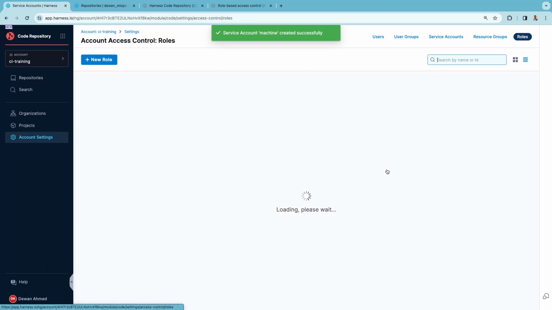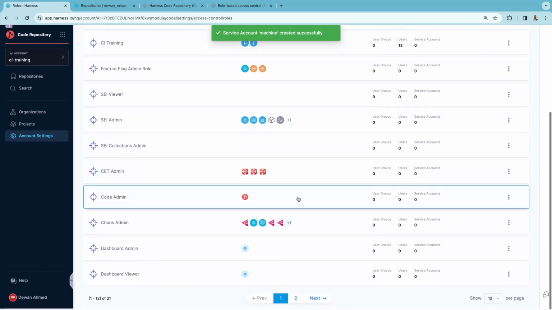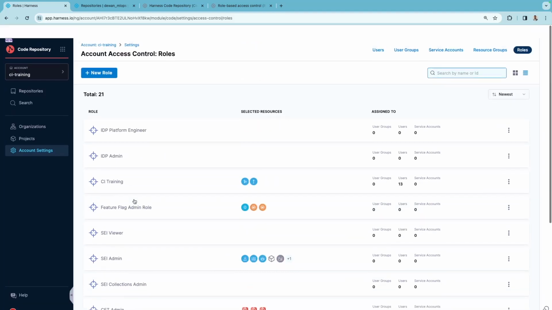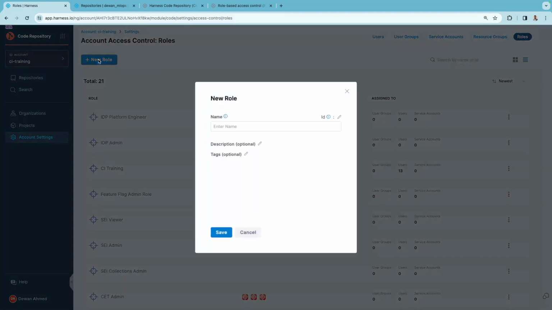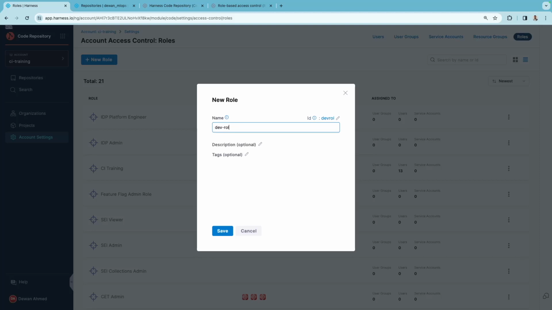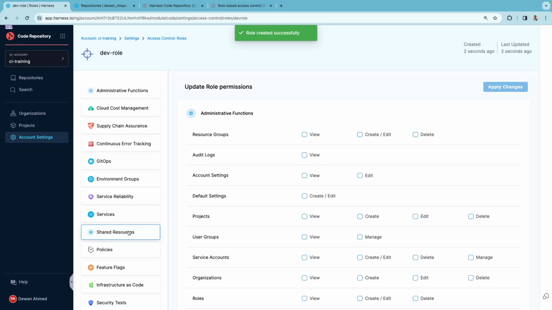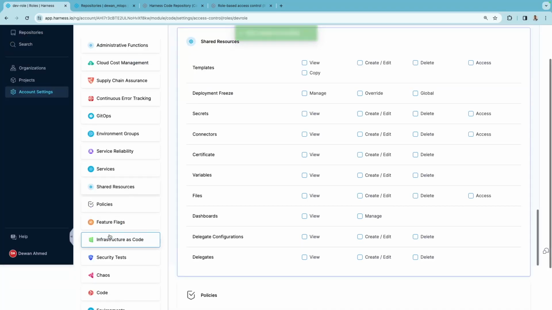Out of the box, Harness platform provides you a number of roles. For Harness Code Repository, you have the code admin role, but you can also create a custom role. Let's create dev-role and update the role permissions to give the developer access to some shared resources,